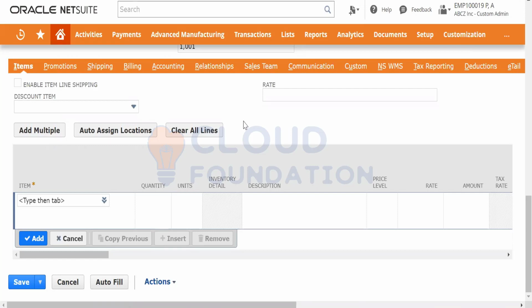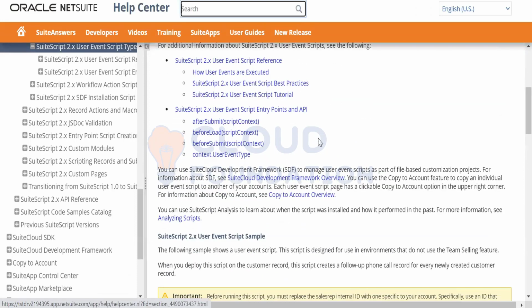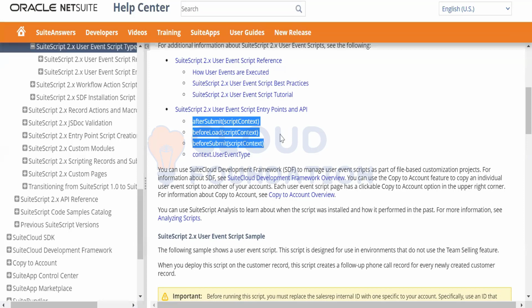Okay, so a quick question now. Are these the only three events on the SuiteScript? Do you have different form types where there are different functions or different events? No, in user events there are only three predefined functions. You cannot create any additional functions. You can maybe rename them, like before load is a standard name, right? So